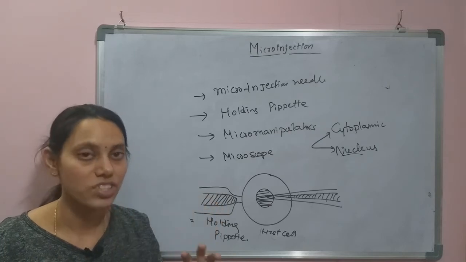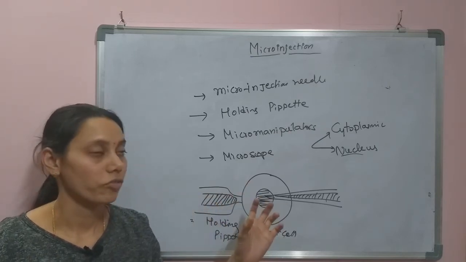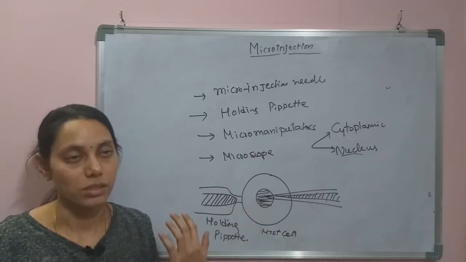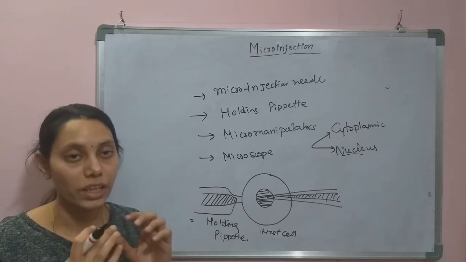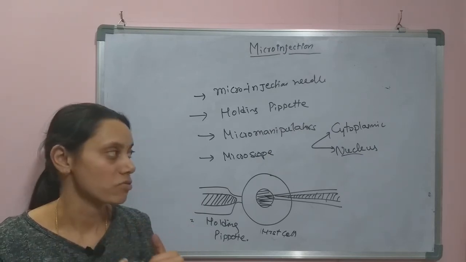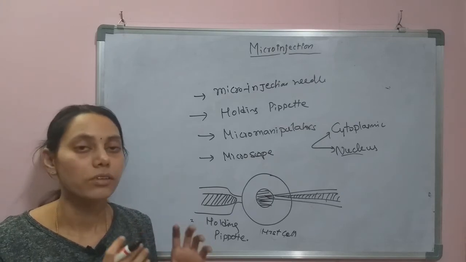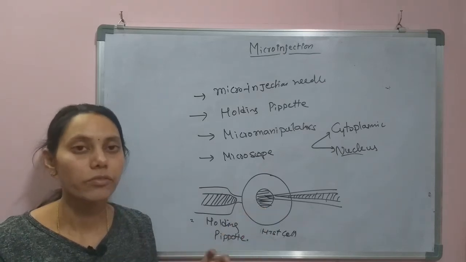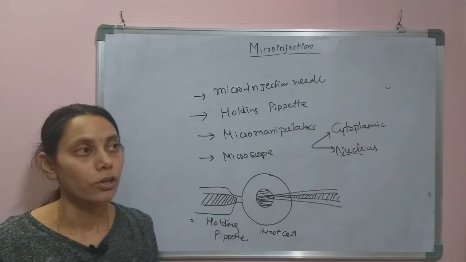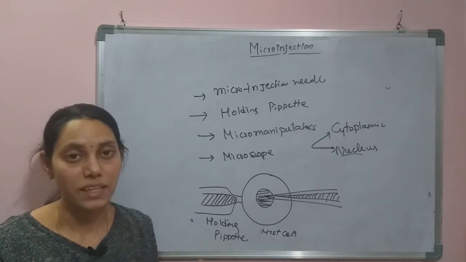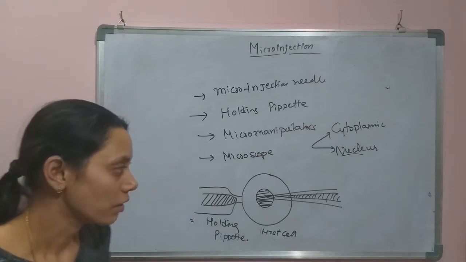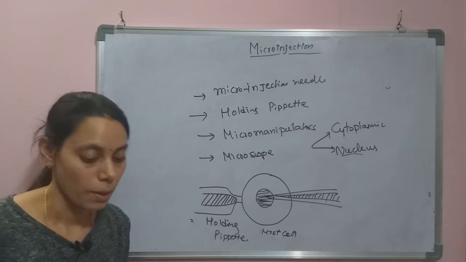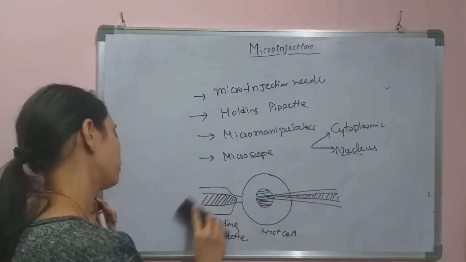There will be a high chance of the introduction of this target DNA inside the genome of the host cell, so that the integration event leads to the stable maintenance of the target gene in it. It will be maintained throughout the cell life, and even during cell divisions it will be properly propagated and segregated to the daughter cells, and the transgenic animals or plants will be produced by the nuclear injection.